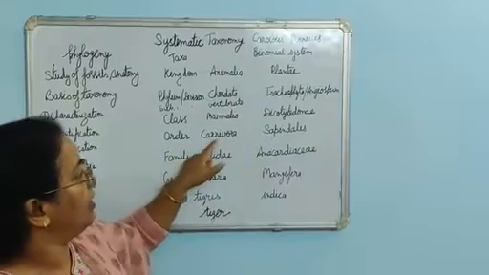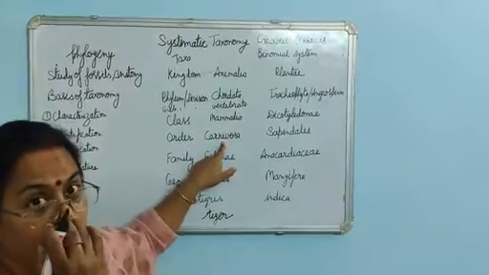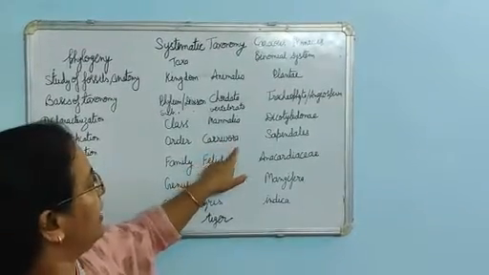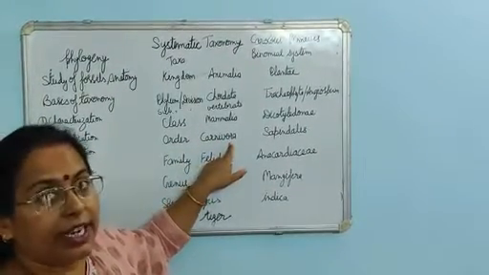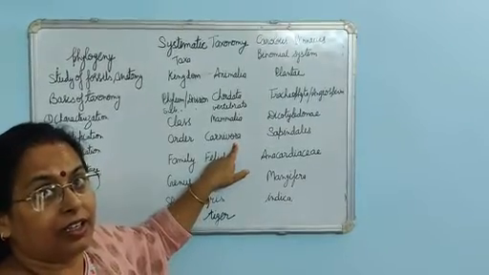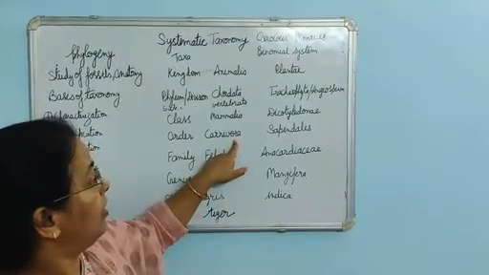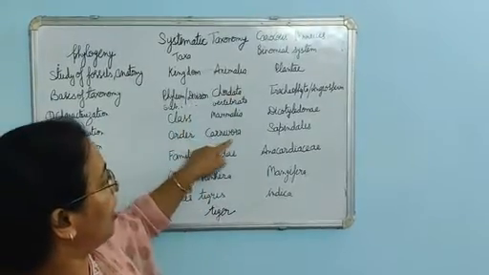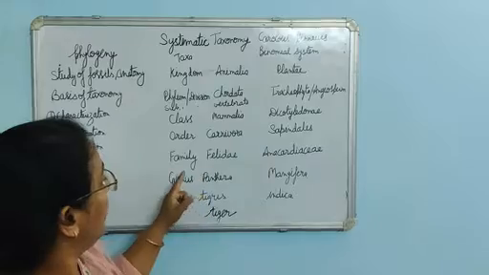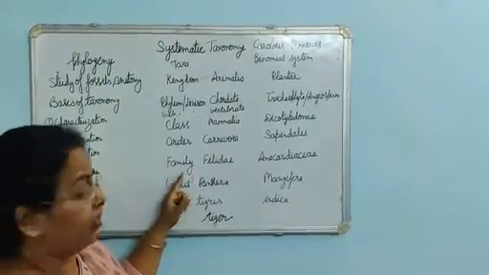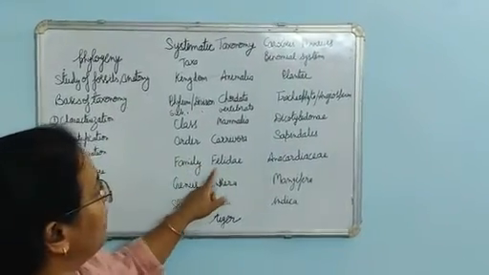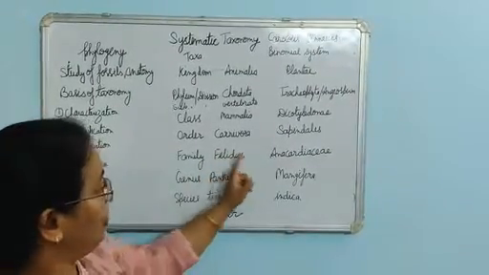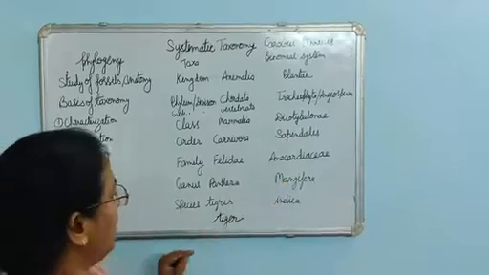Further, all the mammals that are carnivores, meaning flesh eating, belong to the order Carnivora. In that case dog, cat, all the carnivores will come in this category. Up to this, all have the same classification. Then only the cat family will come into the family Felidae. Dog will be eliminated from this category.